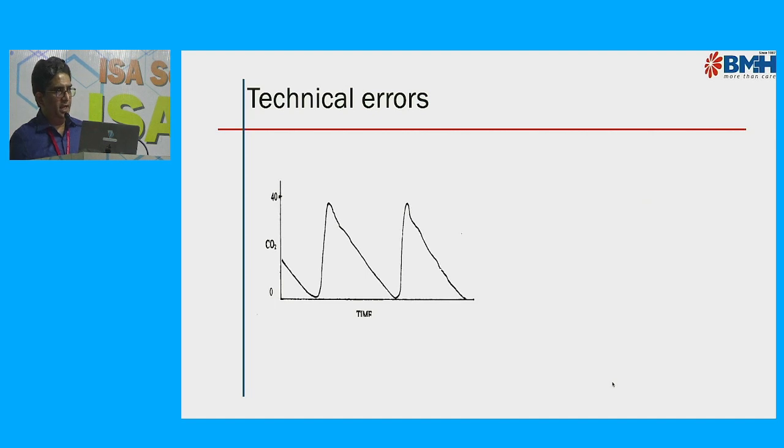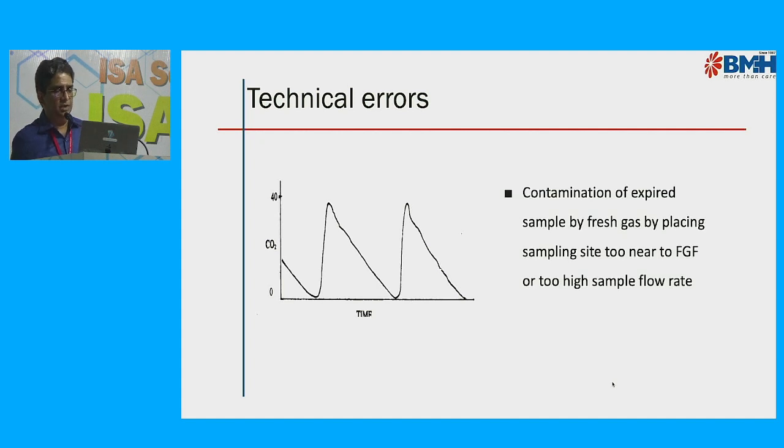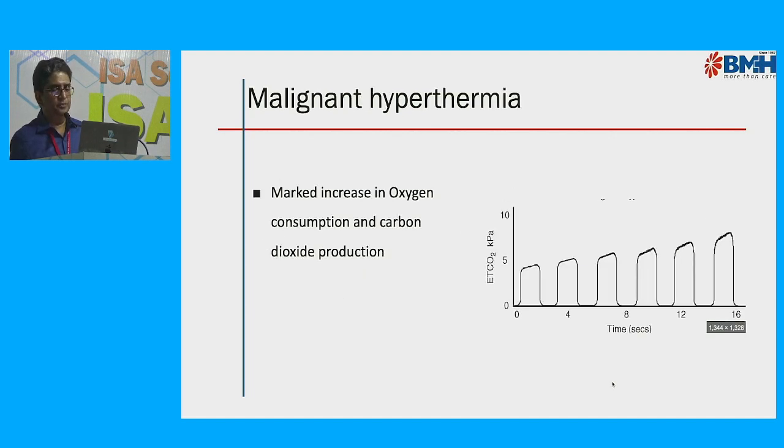This is another technical error. This is due to mixing of the expiratory gas with the fresh gas flow. It occurs when the sampling site is near to the fresh gas inlet, or when you use too high a sampling flow rate. So this is